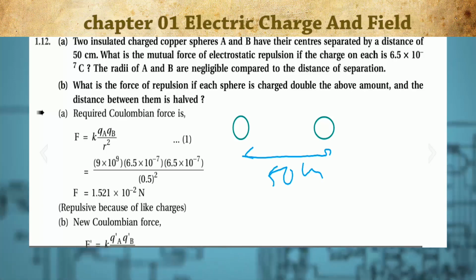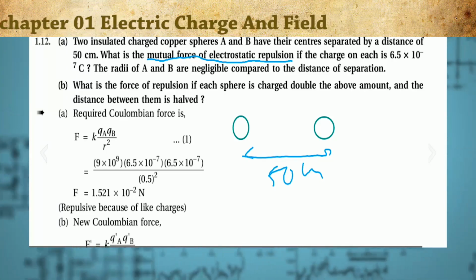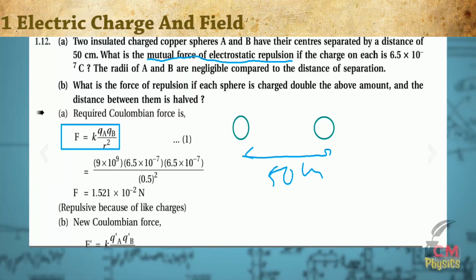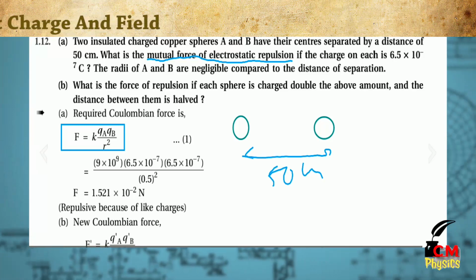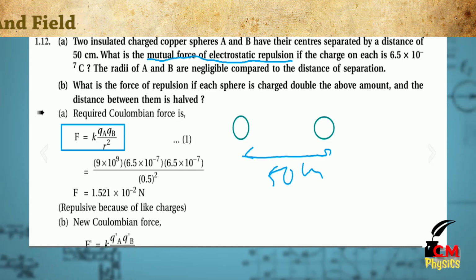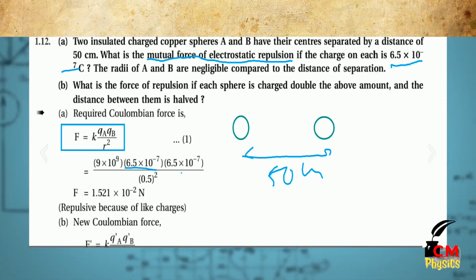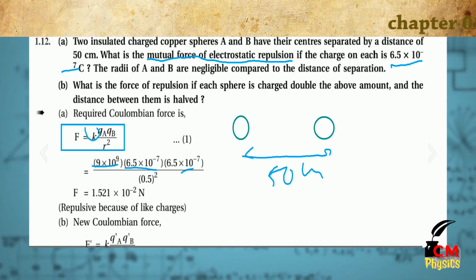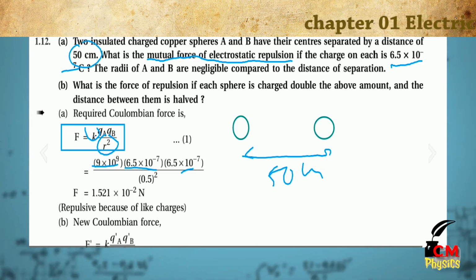Then mutual force of electrostatic repulsion. Then Coulombian force is given by F equals k Q1 Q2 by r square. Values of QA and QB are the same, 6.5 into 10 raised to minus 7 coulomb. Value of k is 9 into 10 raised to 9, and r is the distance between them, 50 centimeter